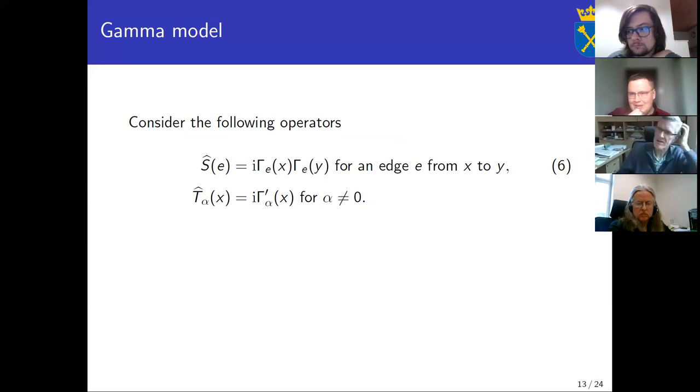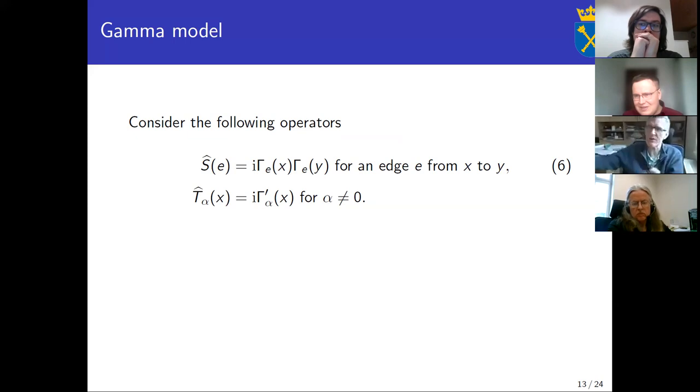Gamma has somehow more freedom than just the psi-0. Yes, because it's not just about the site; it's also about the edge. So before, the gamma would be the same for each edge, and now it can be different for each edge, even if you are on the same site. So this gamma E of X, I would like you to think about as something that lives at X, and E is just an index. So geometrically, it lives at X. So gamma E of X and gamma E of Y commute because they are at different lattice sites.